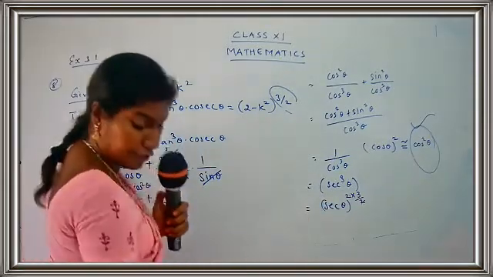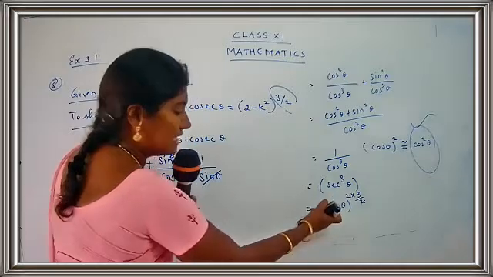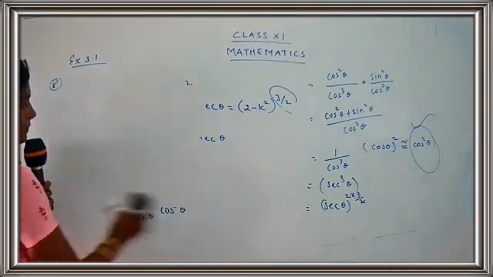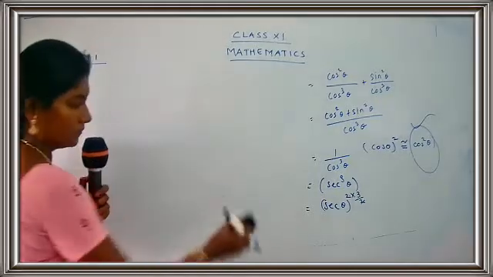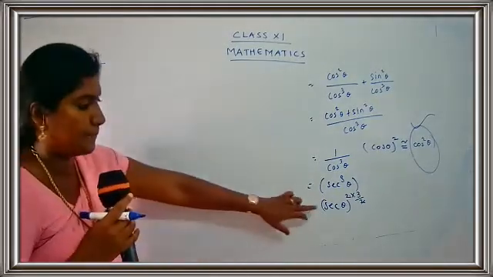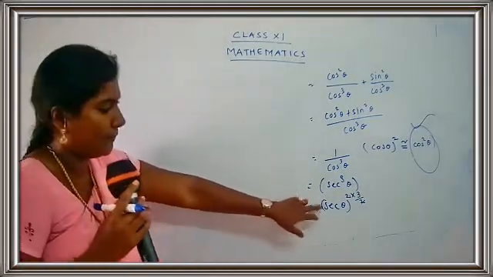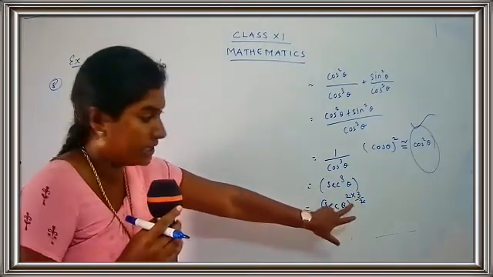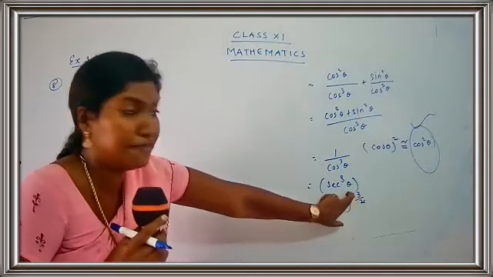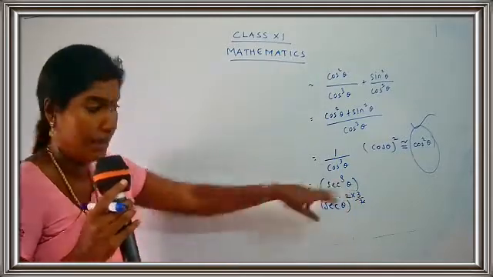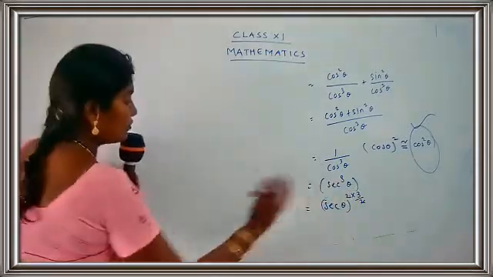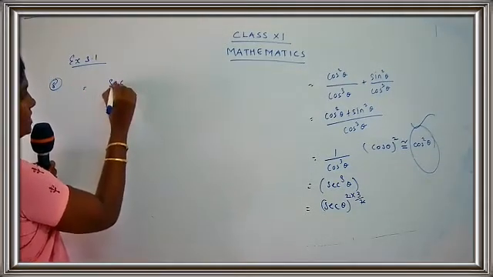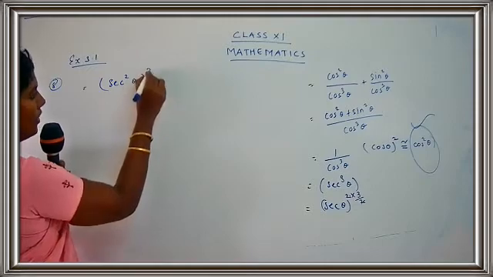Okay, so now what I'm going to do is, I'm just going to bring this 2 inside. I'll just rub this part. So here is a step that we have to think and we have to apply. So 3 changes as 2 into 3 by 2. See, 2 gets cancelled. So what is left? 3 is left, which is the original value. So now I'm just going to write it in a proper order. So this is equal to secant square theta the whole raised to 3 by 2.